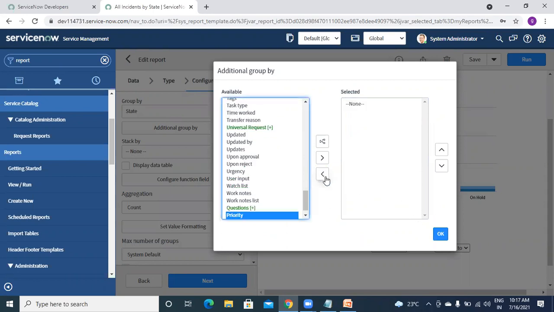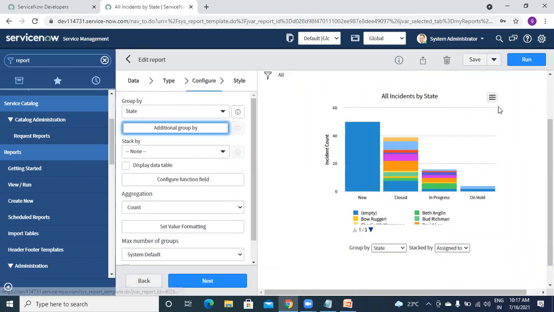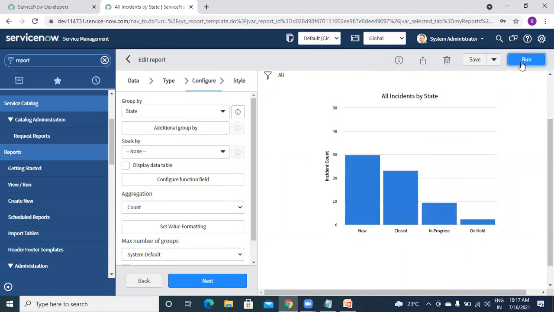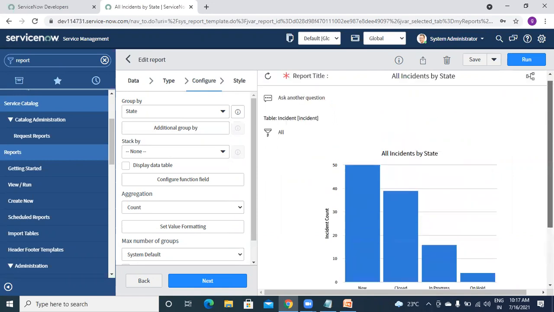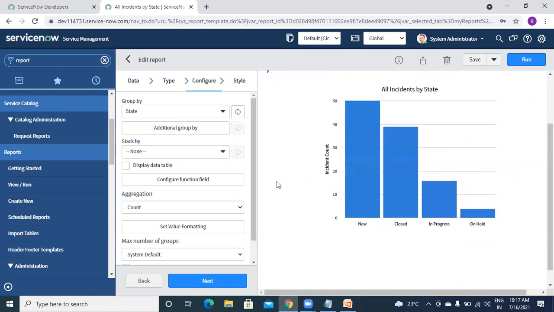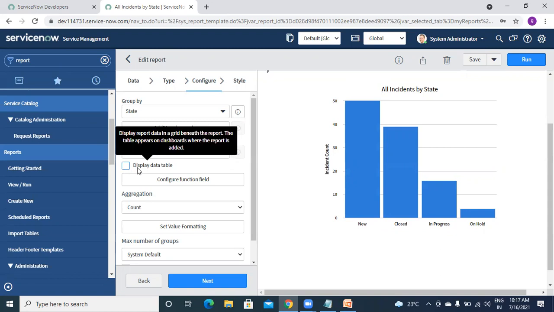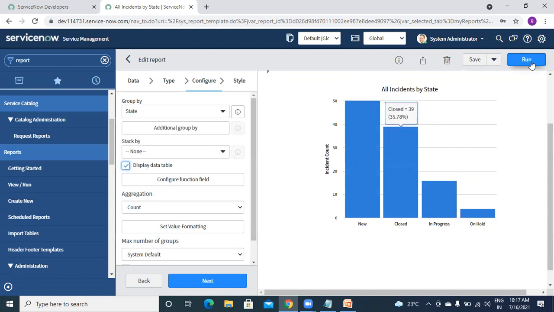Okay, and because this is an out of box report, I am not touching it. I am making it normal as it was earlier, and running it again. Make any changes and just click on run, so your report will get reloaded again. Okay, so this is our report. And some people will ask, this report is fine, but I want to see some data also. Then we have this option, display data table. So click on this and run.